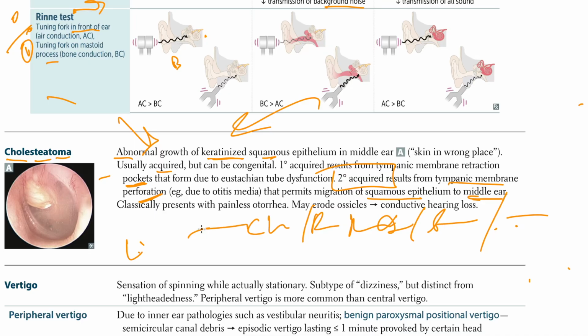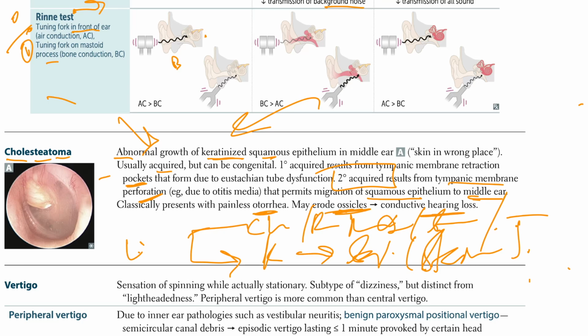And with all of these predisposing factors, what's going to happen is that it's going to cause keratinization, which causes squamous epithelial lining formation, and that causes skin in the wrong place. The cholesteatoma. Complications of these are, as you talked about, when you erode the ossicles,